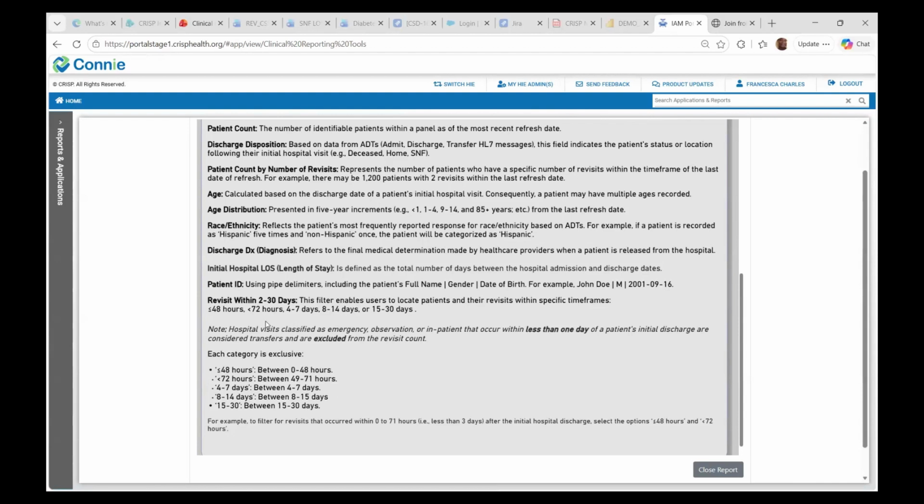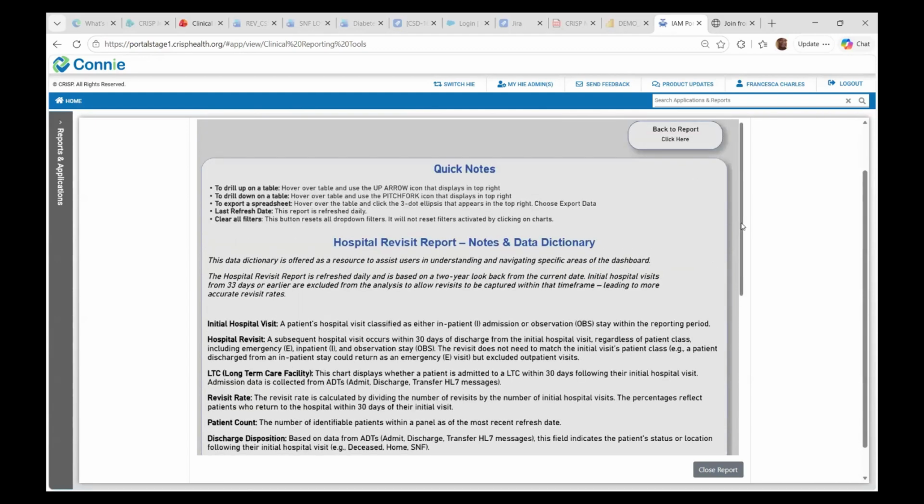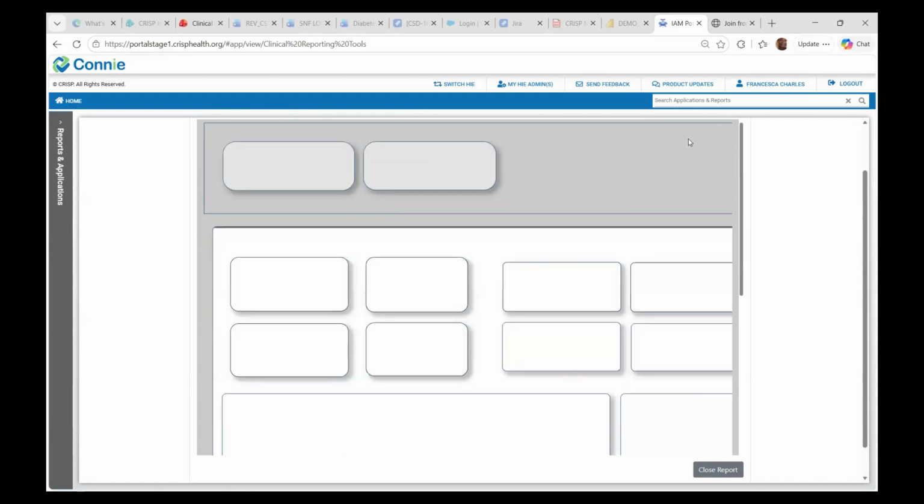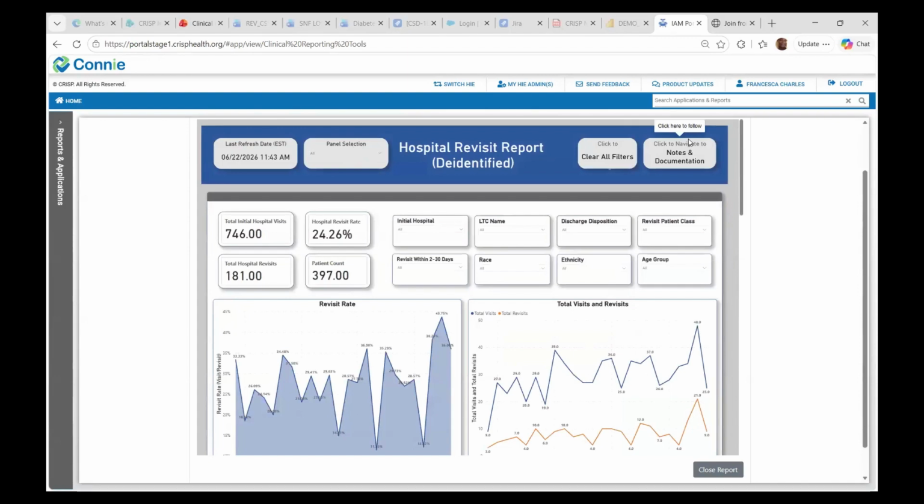Also, you're able to expand 72 hours, 4 to 7, 4 to 8 to 14 days, and so on. To navigate back to the report, we will select the Back to Report button, and that takes us directly into